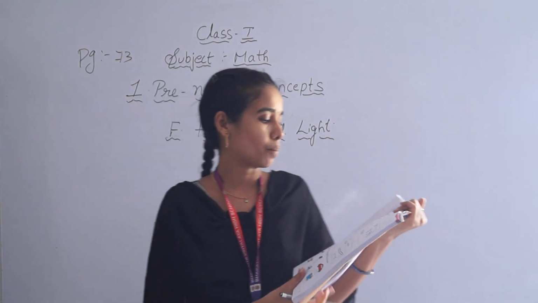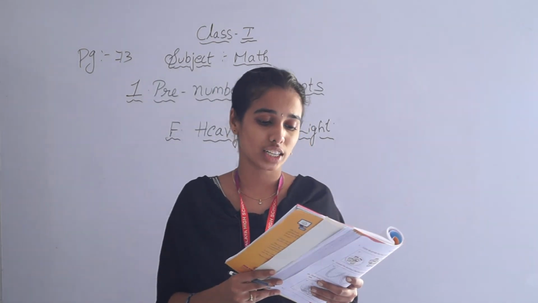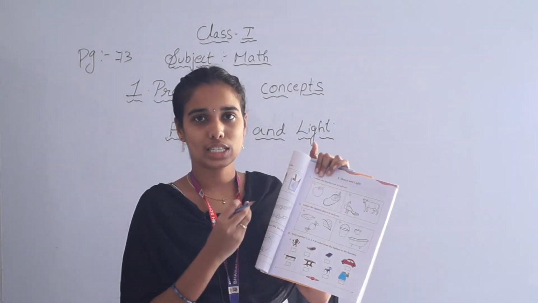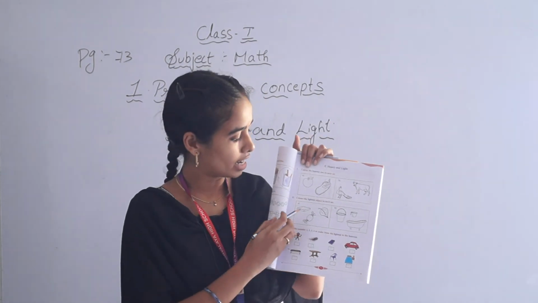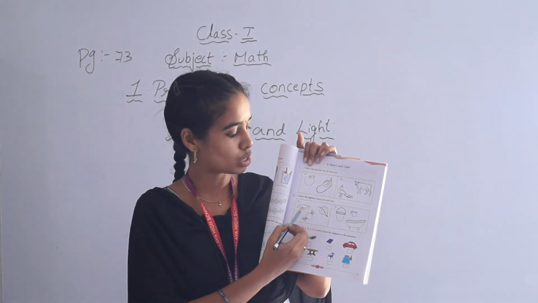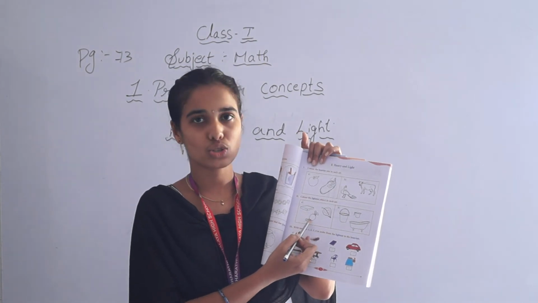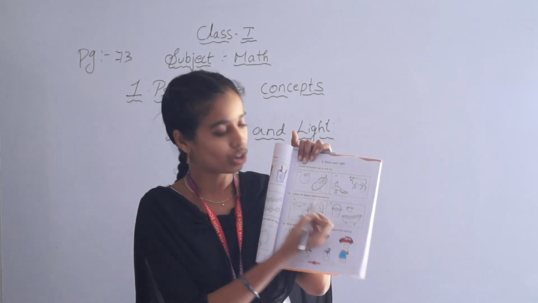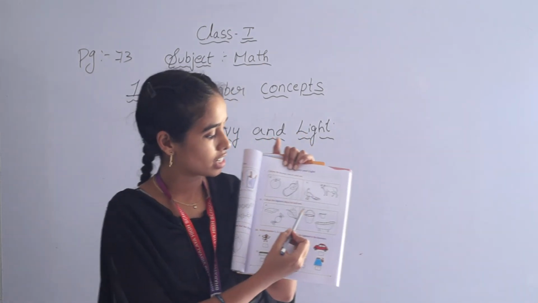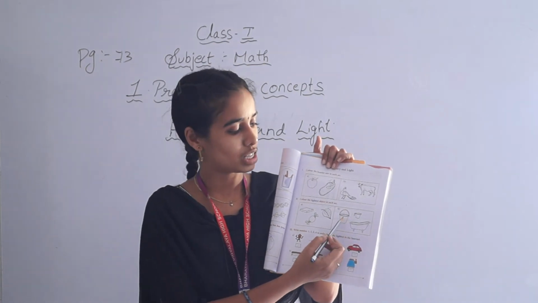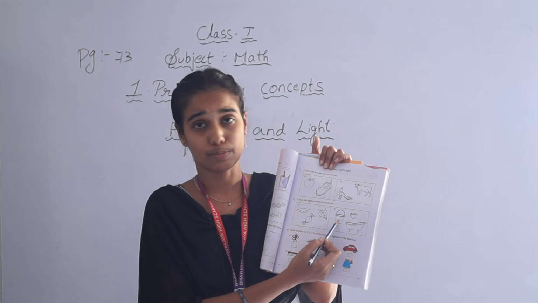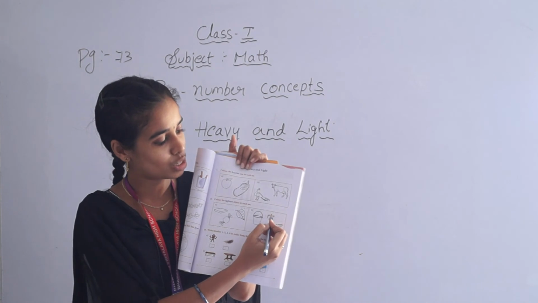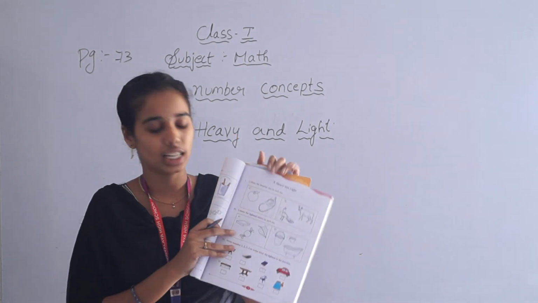Next bit, second bit. Color the lightest object in each set. This also you have to color. Lightest one means small weight. Here they have given three pictures. One is book and another one is chocolate and another one is leaf. So the lightest thing is leaf. So you have to color the leaf. Next, here they are giving three types of pictures. One is mug and another one is bucket and another one is bathing tub. In these three pictures, which one is the lightest one? Mug. So you have to color the mug.